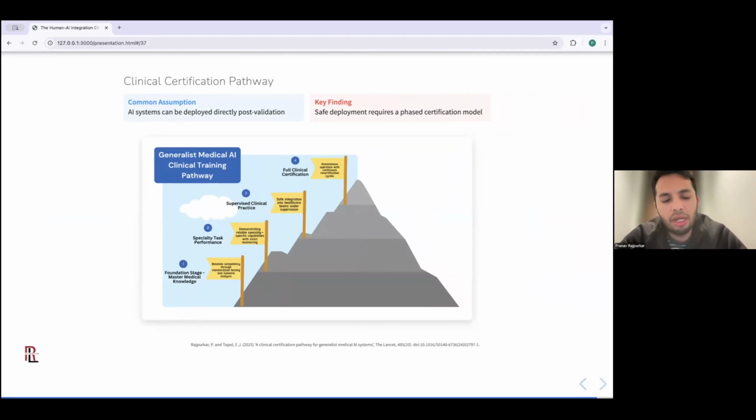One of the things that we've recently proposed in our Lancet perspective is to have a clinical certification pathway for AI, in which we first establish the baseline competency through standardized testing and scenario analysis, which is where we are, I would argue, for the major part today, and then have them be evaluated on their specialty task performance in an assistive setting, with first an offline run, but then an assistive shadow mode.